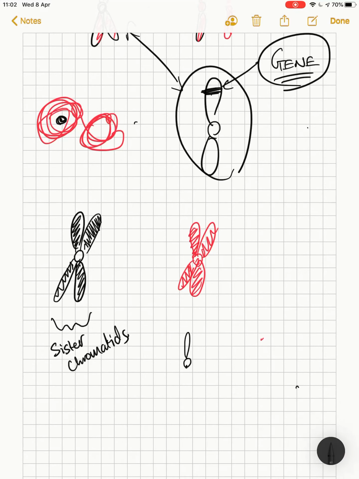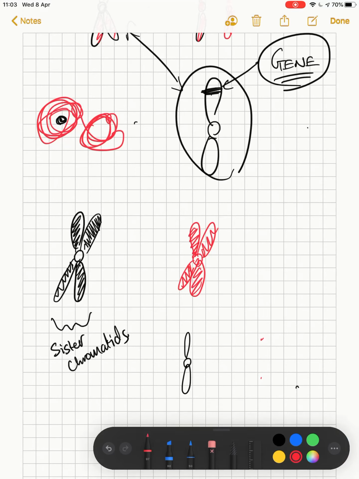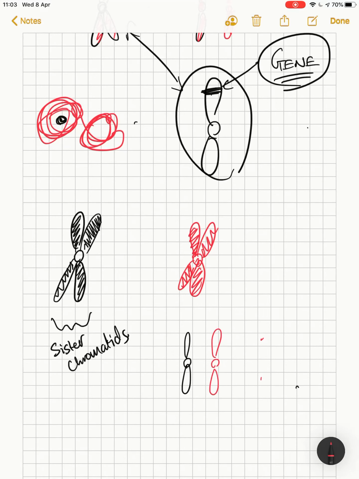So for every chromosome that we have, we have a complementary chromosome. We call it a homologous chromosome. And again, this is getting a little bit into A-level detail. But what that is essentially is the mum's copy and the dad's copy. The maternal copy and the paternal copy. So before